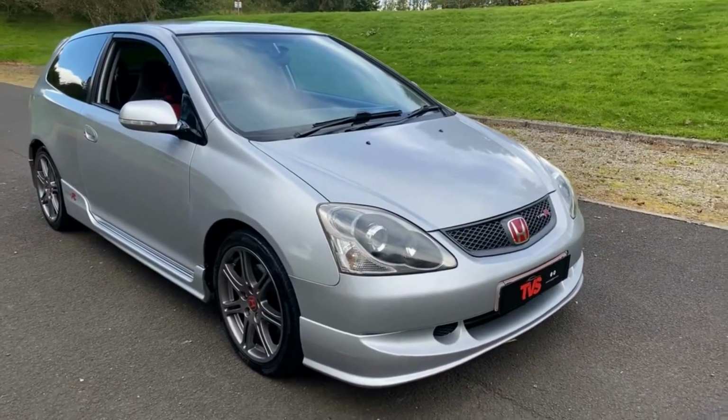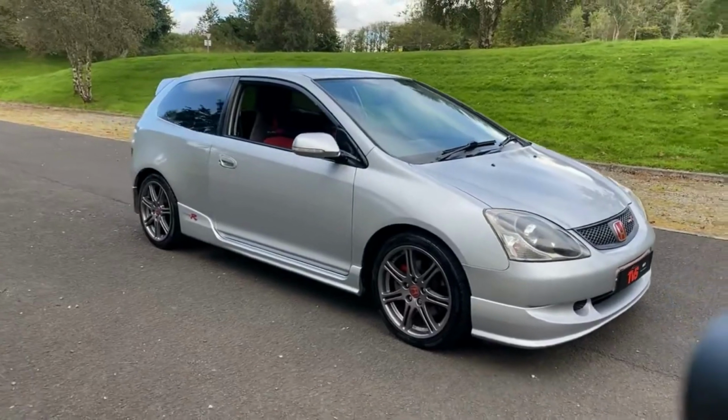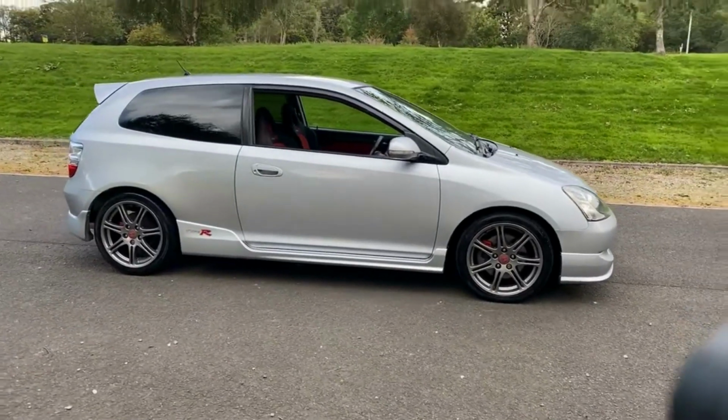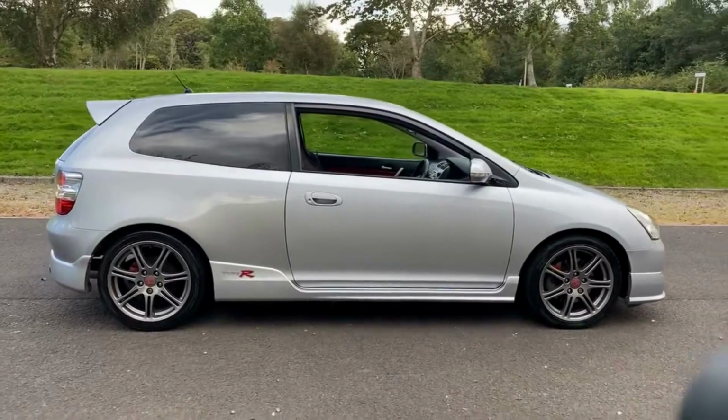Taking the number 4 spot is the Honda Civic Type R. Now the Honda Civic Type R has been around for a very long time, and I could have gone for this normal Civic, but really this is a hot hatch, so it had to be the Type R. Now the Type R is an excellent car, as we all know, and it has been around since, even longer